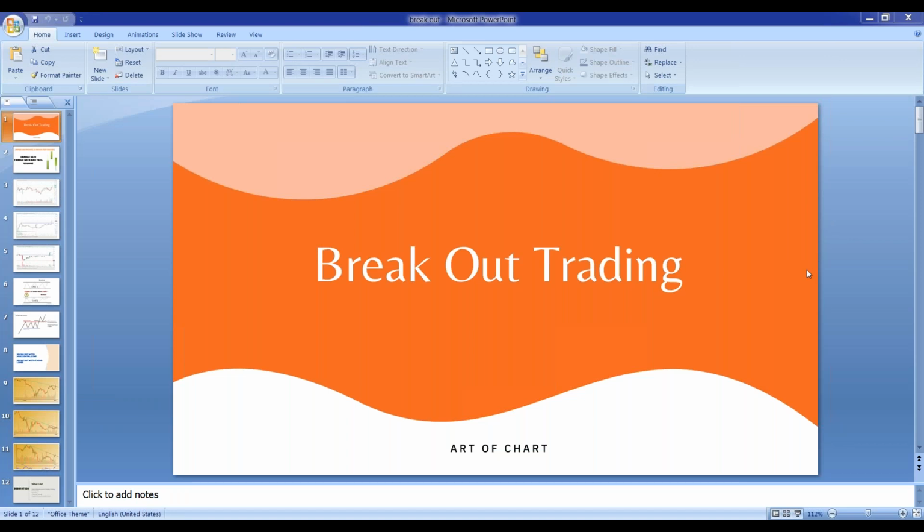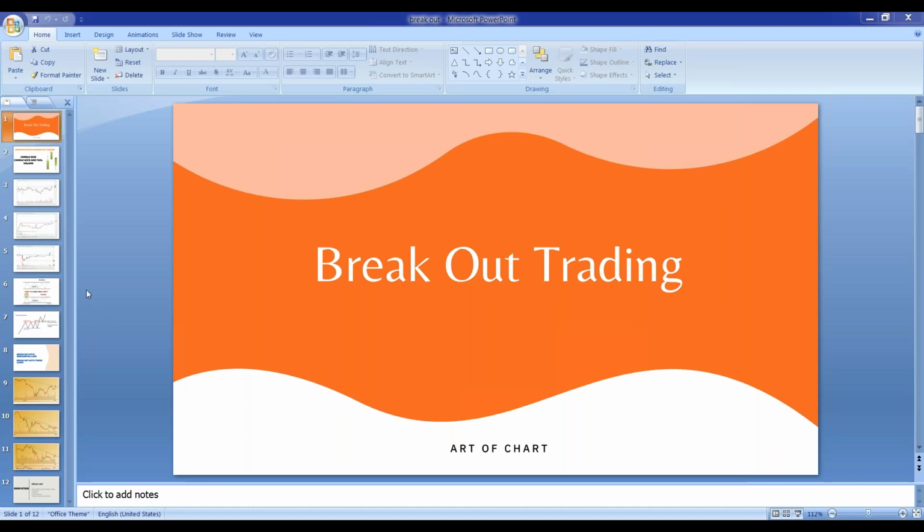So we are trading in markets, and most of us trade on the basis of the breakout. And when we trade on the basis of the breakout, several times these breakouts fail. I am talking about breakout trading today, and breakout trading is only dependent upon price action. Basically, I don't use indicators in my trading strategies. So today also I will not be using any indicators, and I will be talking about only breakouts.